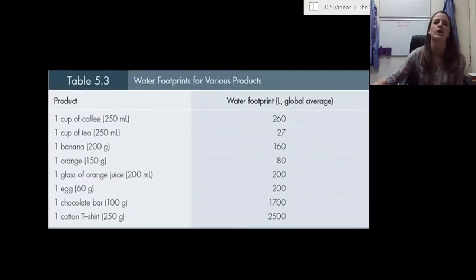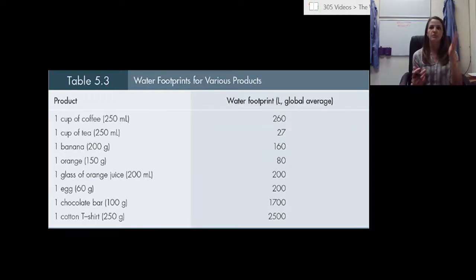I want to actually look at our water footprint for specific products. And so this is just a very tiny assortment of it. But you have to think about this in the grand scheme of things. So in order to drink a cup of coffee, it's not that you just had to go to the local grocery store and get your coffee beans to make your coffee. You actually have to think about where the coffee beans were made, how they were made. Were they grown? Did you have to actually put water into the ground in order to grow the coffee beans? I mean, how did this whole system happen?